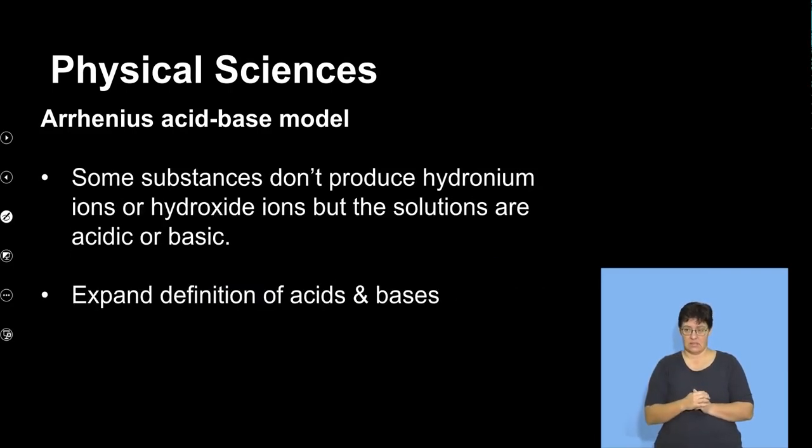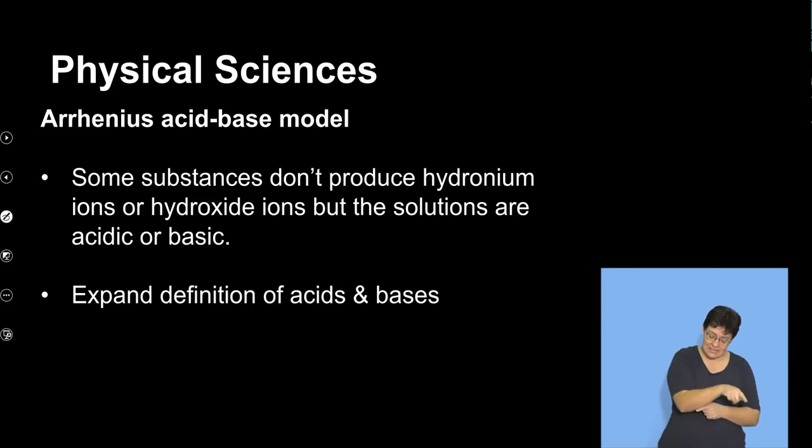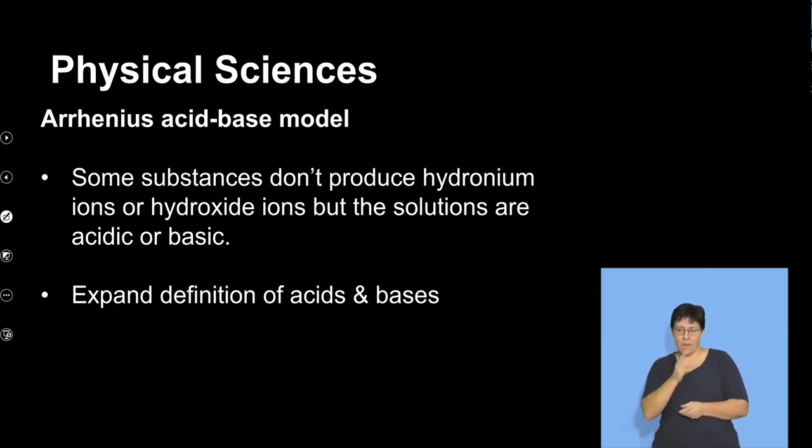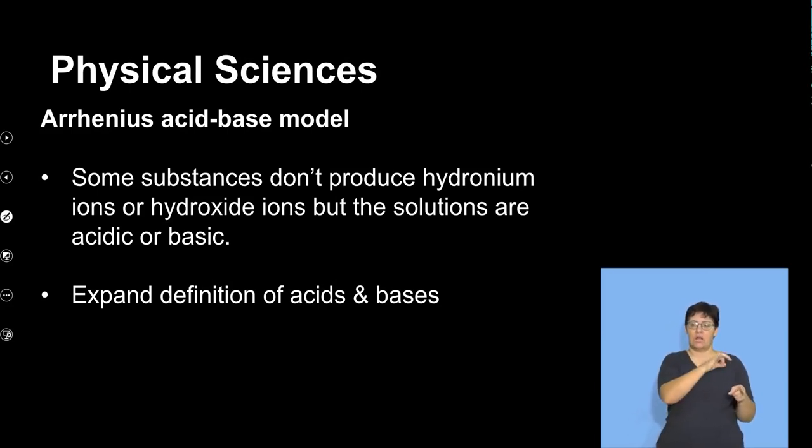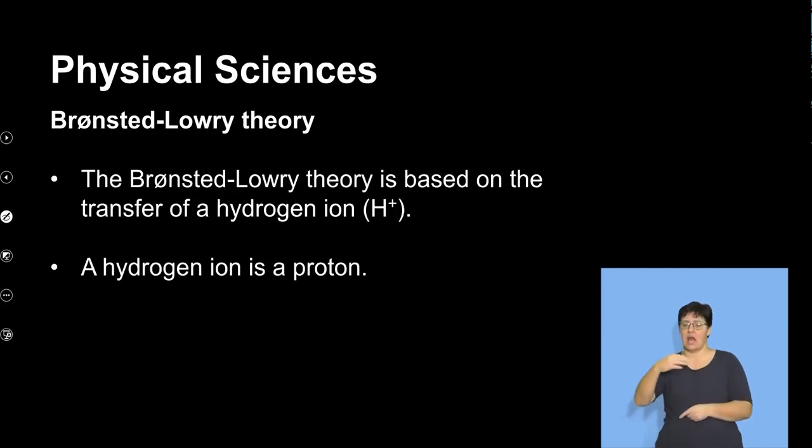Now, take note of the definitions, very, very important. Some substances don't produce hydroxide ions in solution, but they are also basic, okay? So we can talk about different substances. Hence, there's a need to understand the theory beyond an acid and a base as a substance that produces hydroxide as well as the hydronium ion. Okay, this takes us to the Bronsted-Lowry theory of acids and bases.